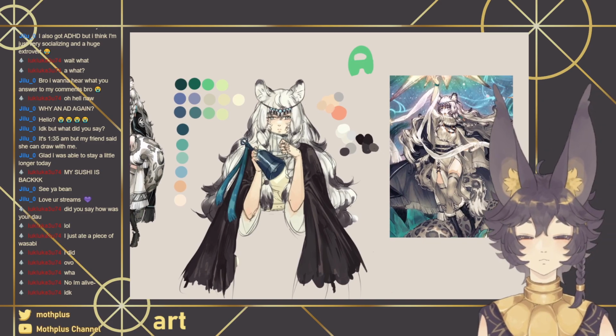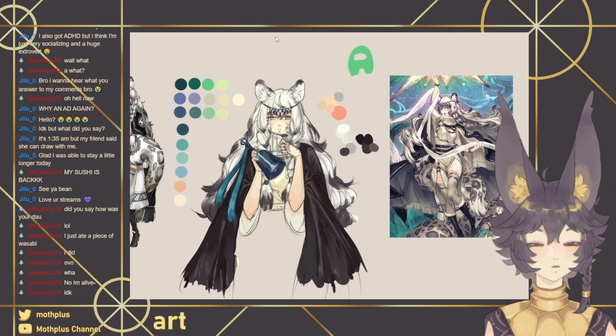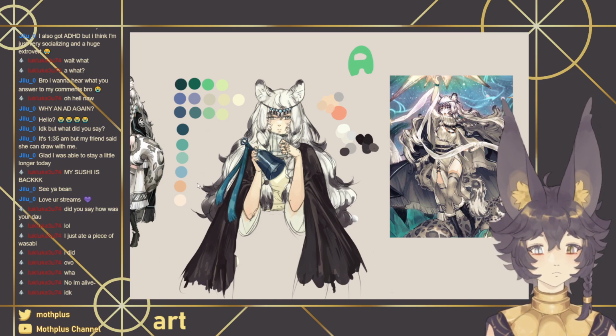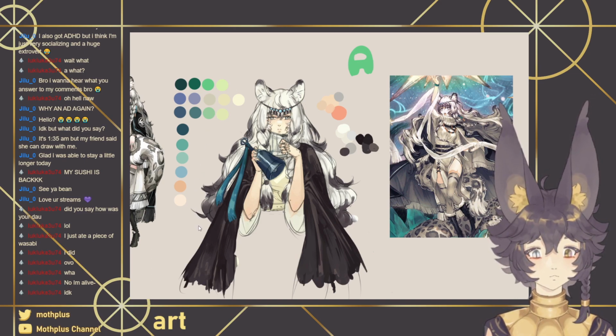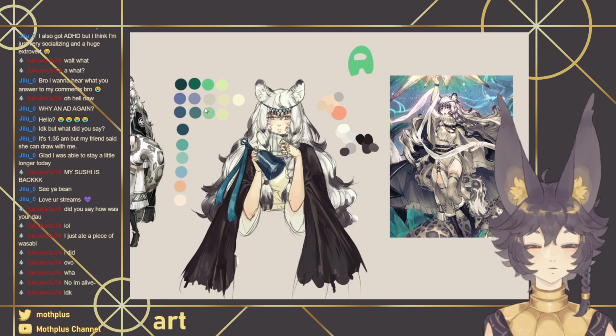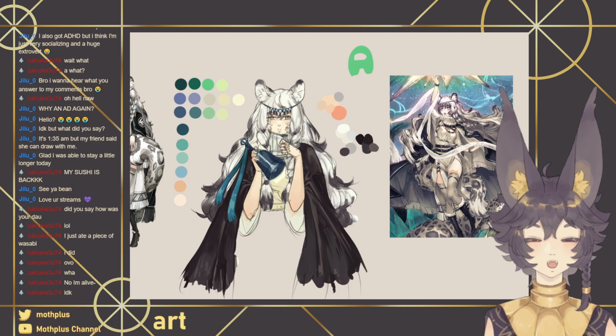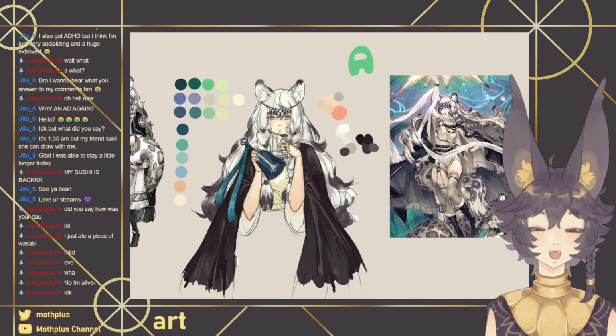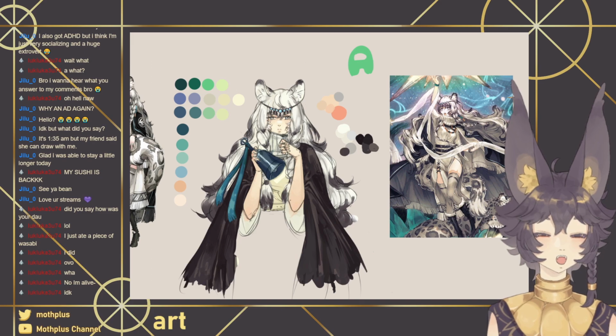Wait, what? Okay, window, workspace. There's a color mixing window thing that I got on that. Yeah, I think it updated on my tablet or something, and I was like, oh, that's nice.